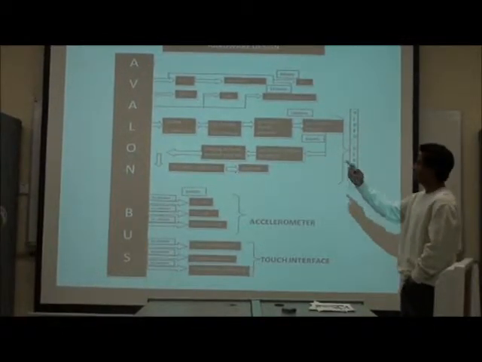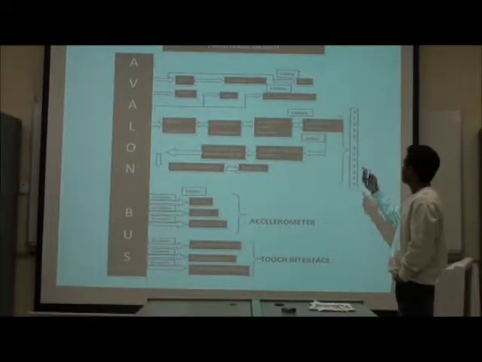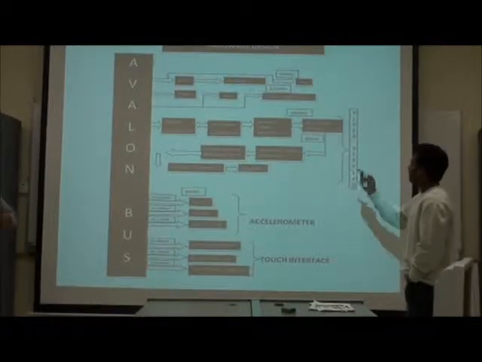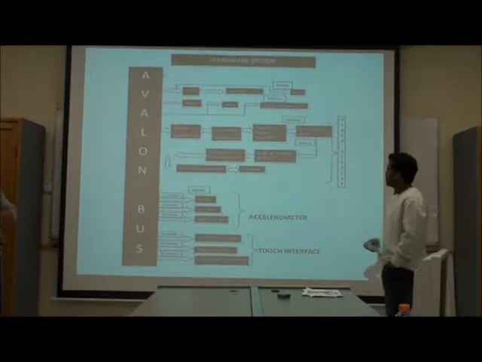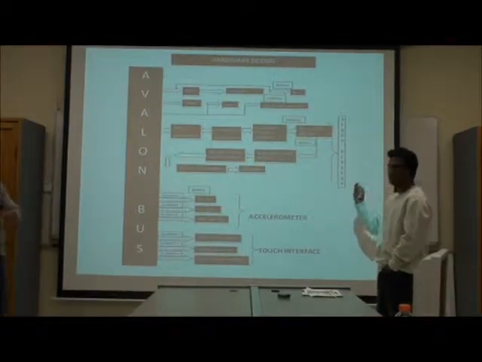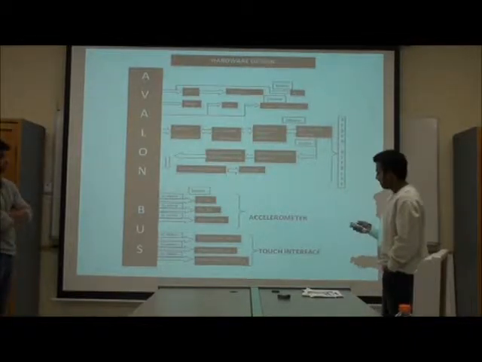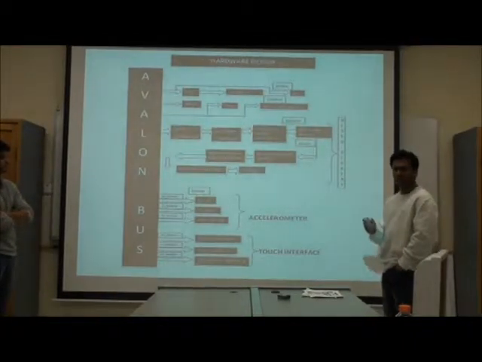In the video display, first we have the SDRAM controller, LCD HDMI controller, timing adapter, and the FIFO memory, which runs at 150 megahertz. The LCD HDMI controller, we basically use to transfer data between the LCD and the memory. And then next we have the timing adapter for adjusting the timing between the frames.